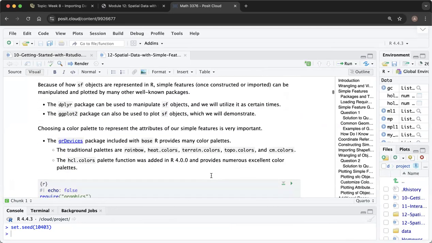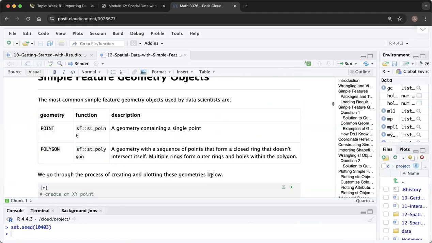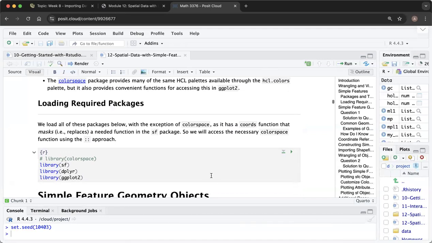Okay, so we talked about the intro of what simple features are and some of the packages that we can use with it. So I want to come down to the loading packages section, and we'll actually load these packages and start going with simple features. So the three packages that I'm going to load up are the SF package, the dplyr package, and ggplot2. And so we're familiar at this point with these two tidyverse packages, and we're going to learn about the SF package in this video. The colorspace package that can be used to access some color palettes that are also